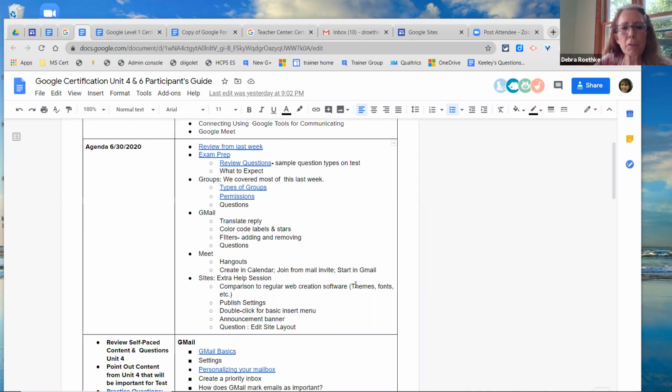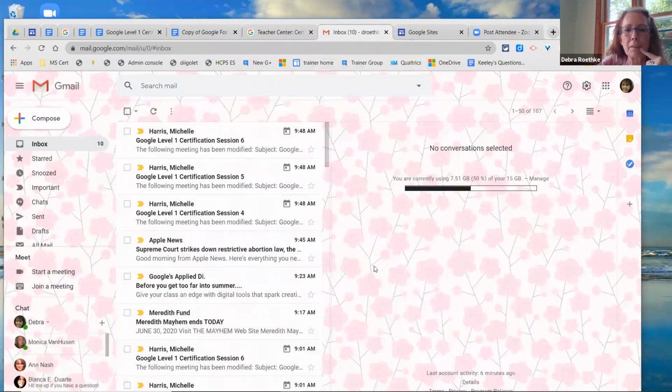I noticed in the questions on Gmail that there were some things about translating. There were a lot of things that they ask you about in the questions that they did not tell you how to do in the content. So I wanted to go over these three things: translating replies, color coding labels and stars, and adding and removing filters, because if it's in there, it's very hidden and there were questions about it. So just really quickly in Gmail, where you would see this